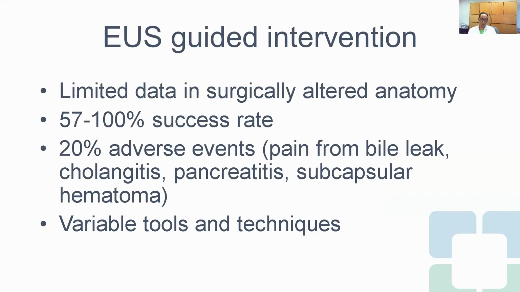So if these standard tools and techniques using standard endoscopes fail, we can move on to EUS guided intervention. So how useful is EUS in managing anastomotic biliary stricture? Again, very limited data, and most of the data obviously is in patients with surgically altered anatomy, with variable success rate and variable complications, but on average around 20%, and they range from pain, bile peritonitis, cholangitis, pancreatitis,